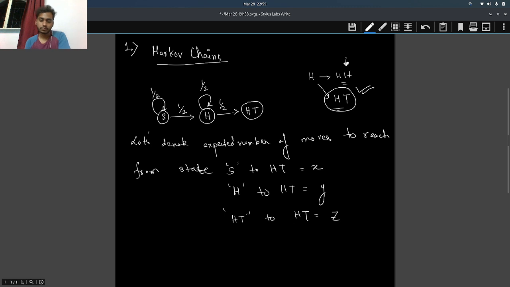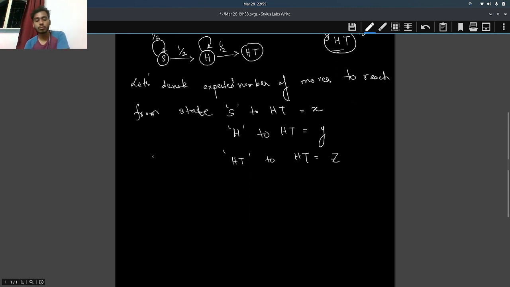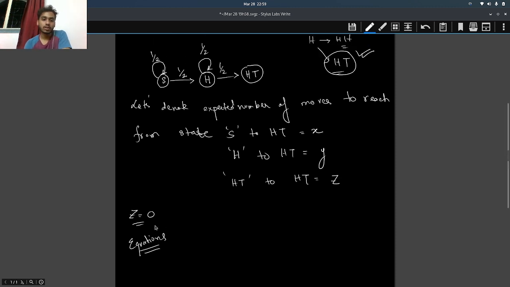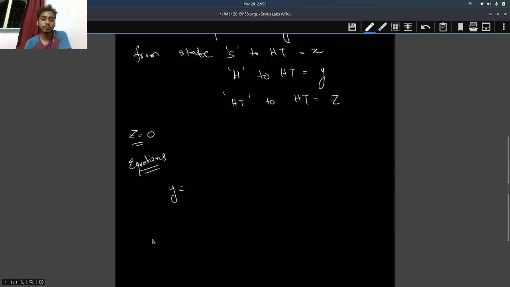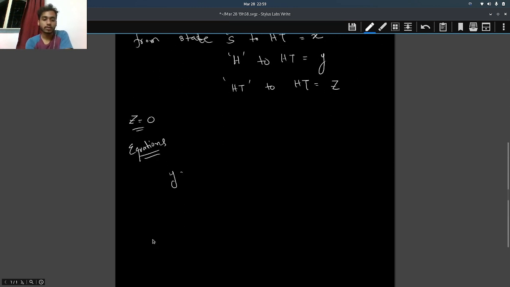Now we'll do a basic observation which will tell us Z equals 0, as you are reaching from yourself to yourself. So basically the expected number of moves to reach from you to you is obviously 0, right? Now let's create some equations except for Z equals 0. If we are at the starting state, the number of expected steps will be Y, sorry, X, my bad, X, which will be equal to,